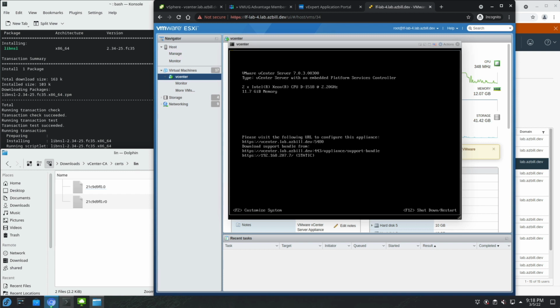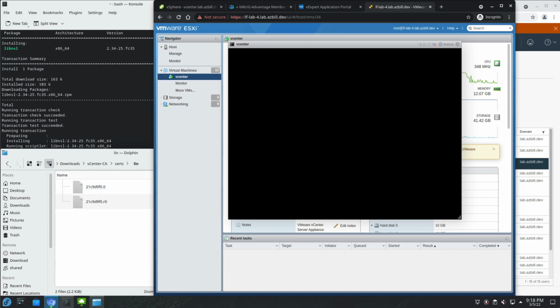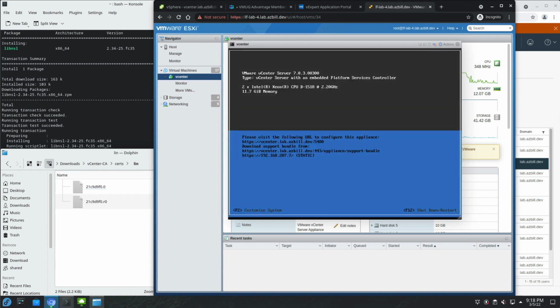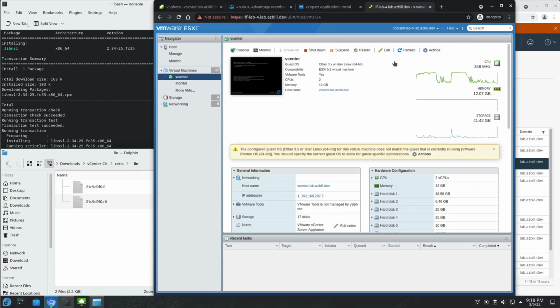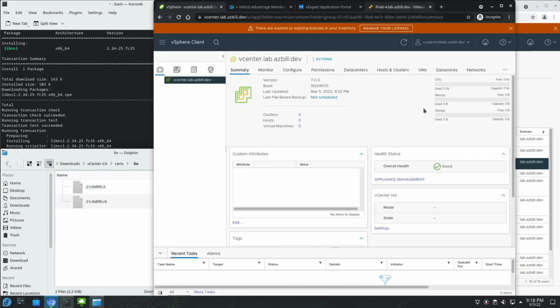And then you can just hit F2, customize system, do whatever you need to do on the inside. But we don't need to mess with that right now, so we'll just close that. But if you were installing a brand new OS, you could do that using the console here without having a monitor attached or anything. So, okay, we have our vCenter here up and running. It's ready to roll. So that wraps up the topics that I wanted to cover for this video.